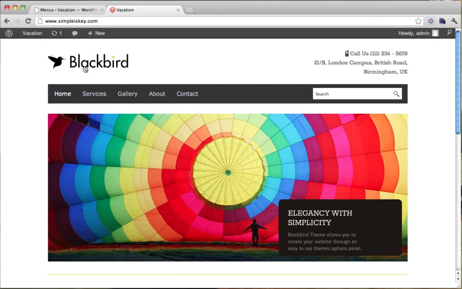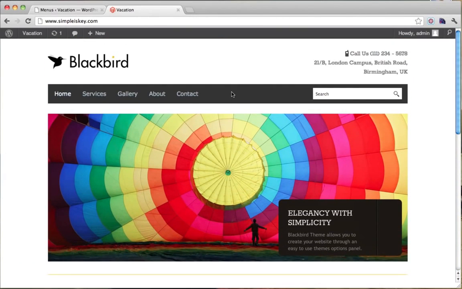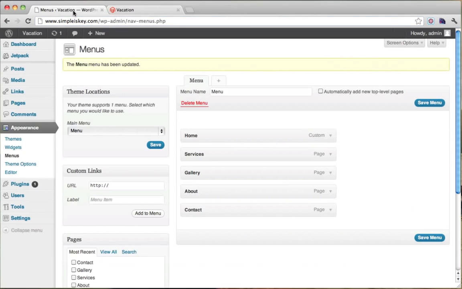Now we have our menu all in order, but we don't have any of the content and we don't have any of these featured images. So let's start with this big featured image right here. How do we change this? Okay, well that's pretty easy to do. We go to our